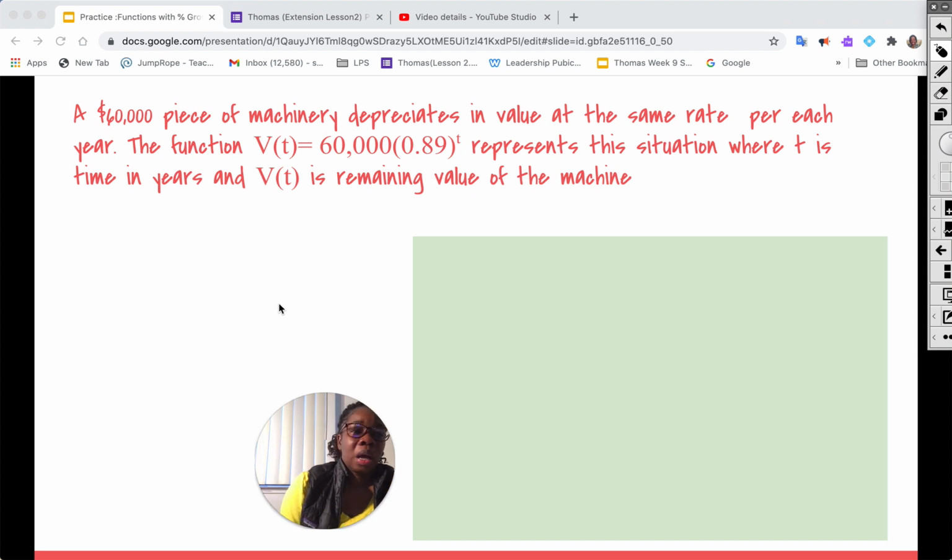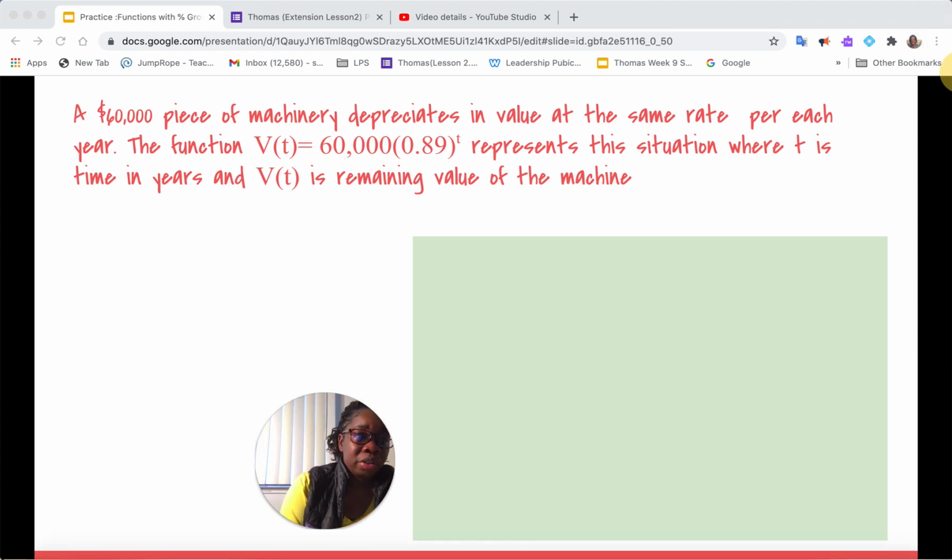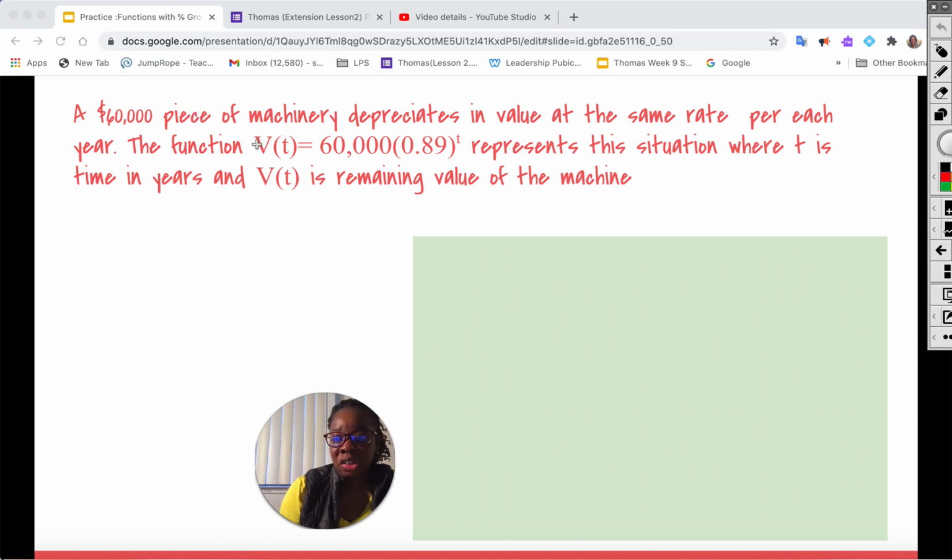So, as usual, it's very important for us to pull out the important information that is given in the problem. They gave us the equation that represents the function right here. Remember, the fact that we have t in the exponent, we know that this is representative of an exponential equation. So going back to the general form, y is equal to a times b raised to the x,